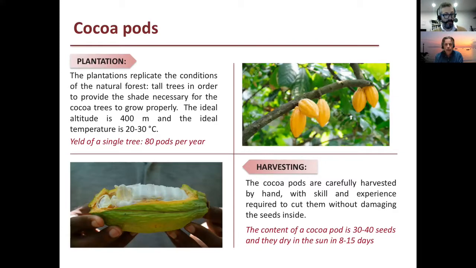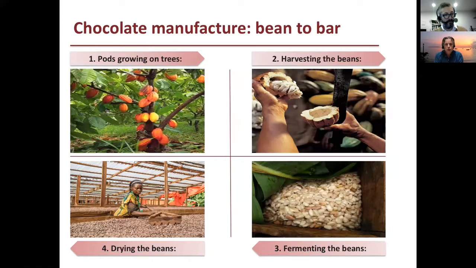The next thing you have to do once you've harvested your beans is you need to ferment them. Fermentation is incredibly important in chocolate, just like it is in bread or wine or cheese. So when you ferment the beans, you basically take them and put them into mounds and leave them for several days.